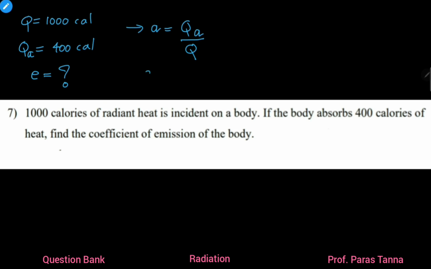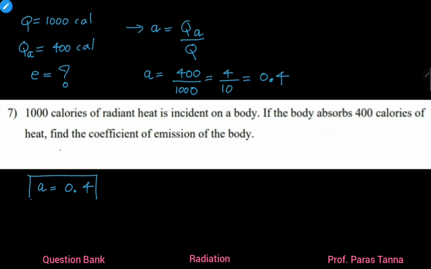So we get a is equal to, the value of QA is 400 calories divided by Q, which is 1000 calories. So 0 gets cancelled. We are getting 4 divided by 10, or you can call it 0.4. So students, the value of coefficient of absorption is 0.4. Now students, as per